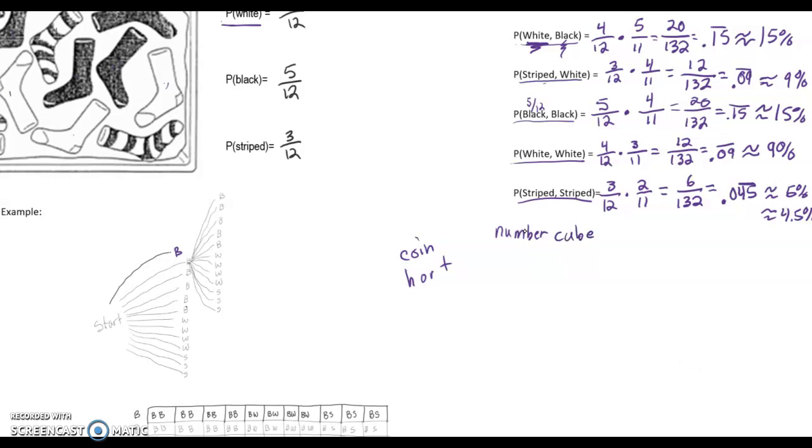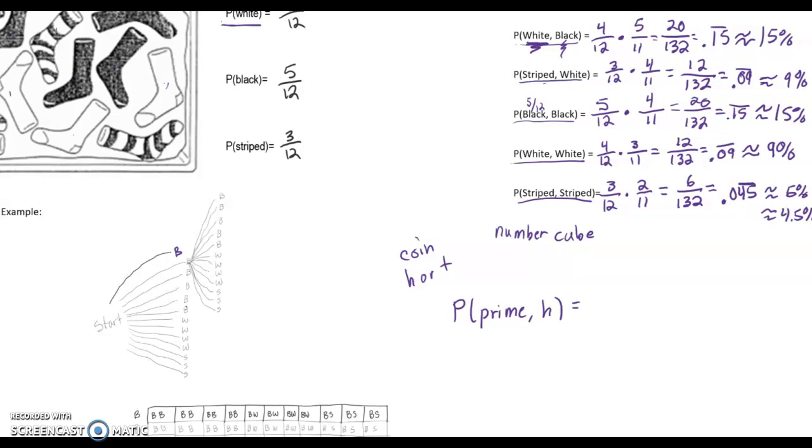The example we did today with the socks is called dependent, where the second event depended on the first event. If we have a coin and a number cube and they have nothing to do with each other, that's independent. So for example, if I wanted to find the probability of getting a prime, I'm actually going to write it like the ones before. So probability of getting a prime number on a number cube and a heads,